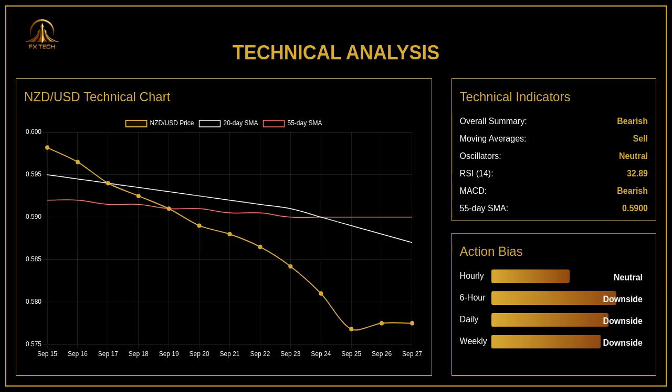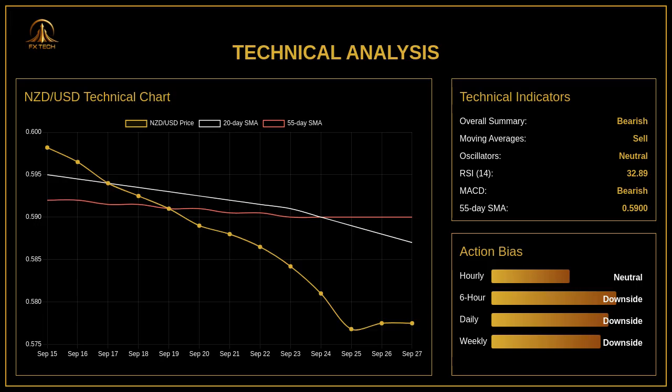Our technical analysis shows the NZD/USD in a clear downtrend, with the price trading well below both the 20-day and 55-day simple moving averages. The RSI reading of 32.89 indicates the pair is approaching oversold territory but hasn't yet reached extreme levels. Looking at our action bias indicators, we see a neutral stance on the hourly timeframe, suggesting some short-term